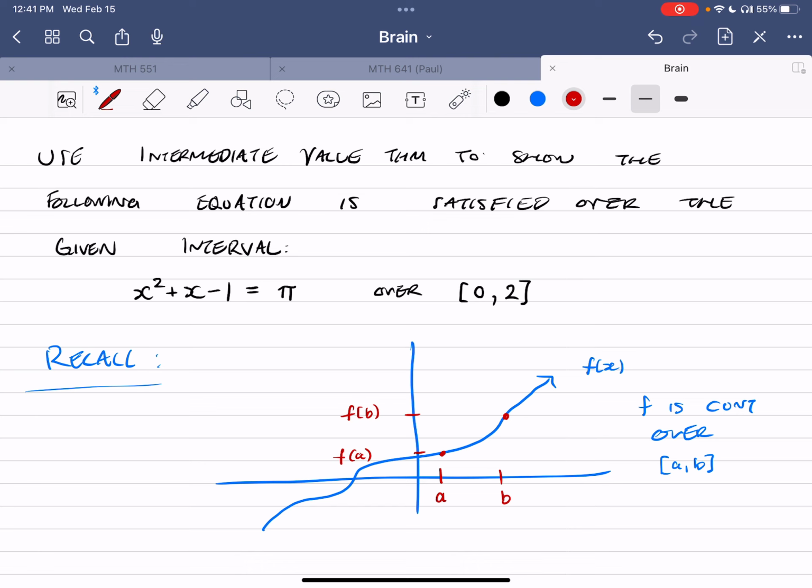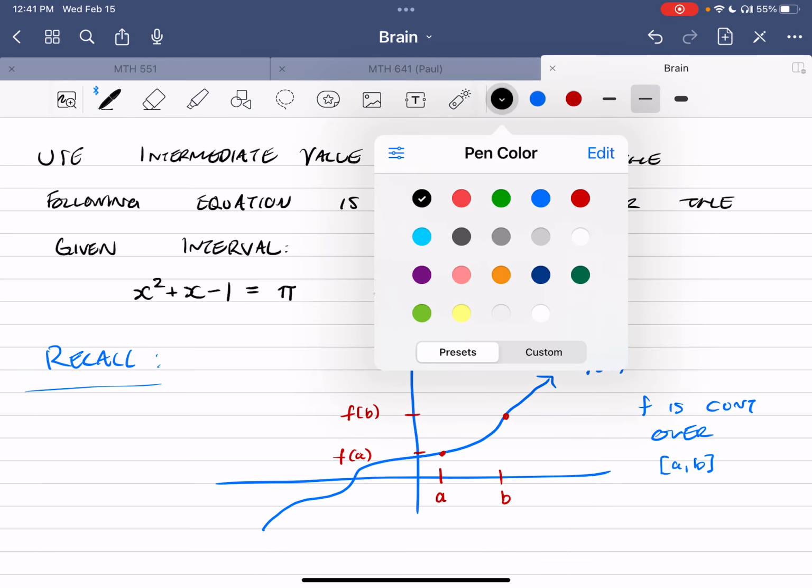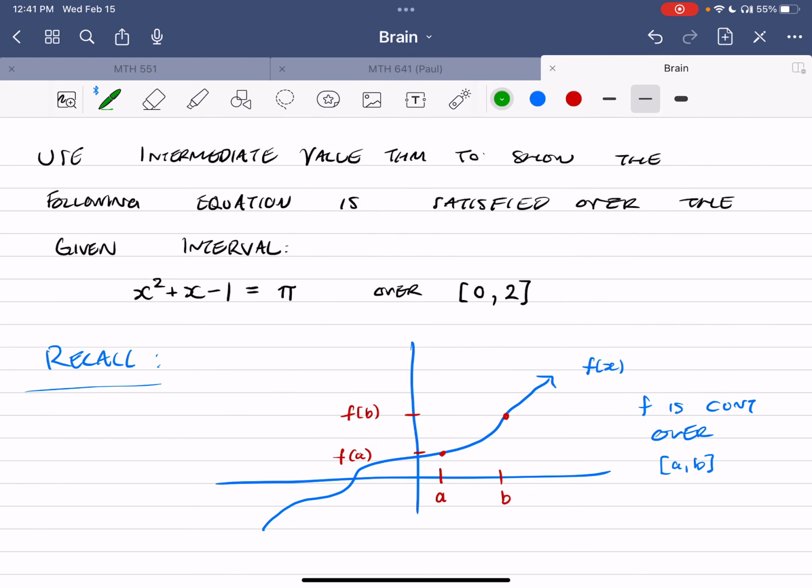If you have this picture, then by intermediate value theorem, there exists a C in between A and B. I can rewrite that as A is less than C, which is less than B,